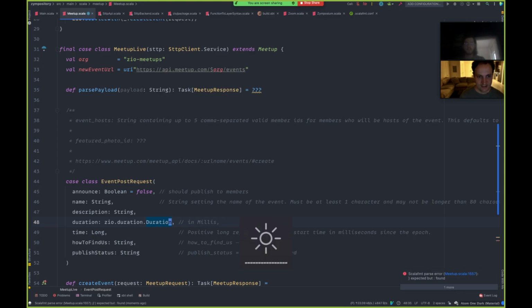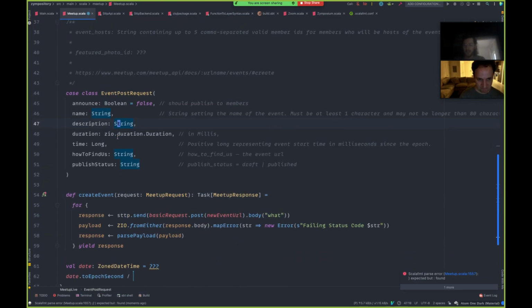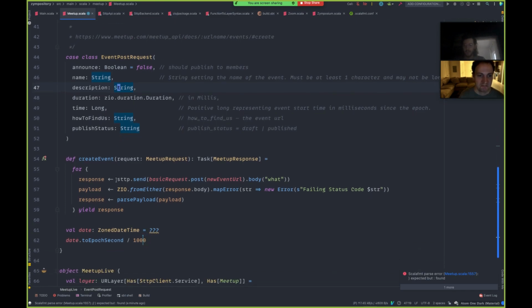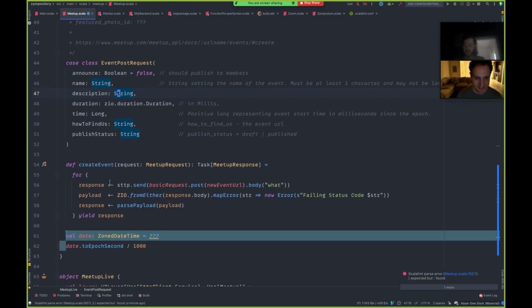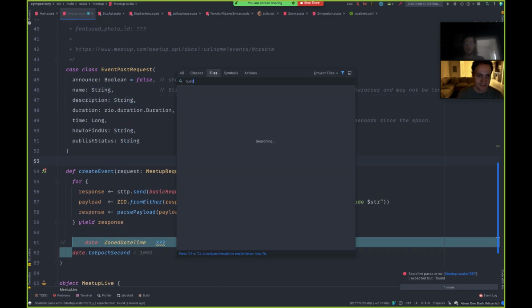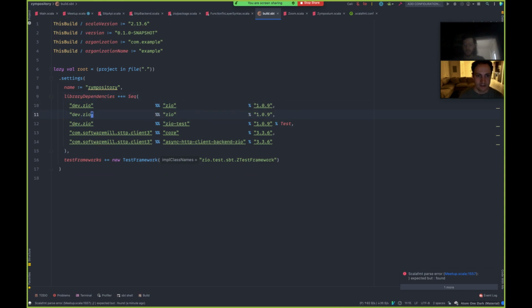And obviously, maybe we want this to be customizable in the meetup requests eventually. But for now, we can hard code a lot of these values. Oh, nice. Got some stuff down there. Awesome. It would be good to also install ourselves some ZIO JSON because we're definitely going to need some JSON. So let's bring in all the friends.